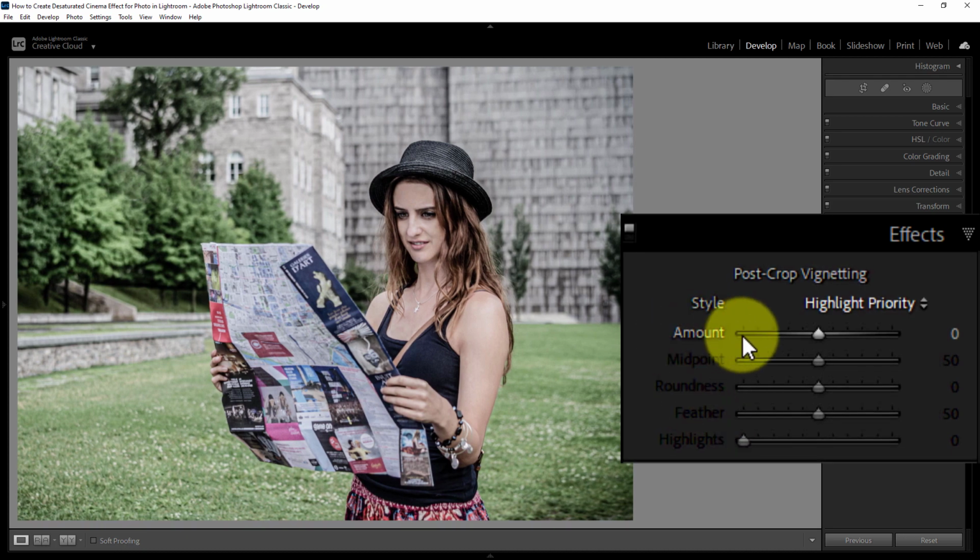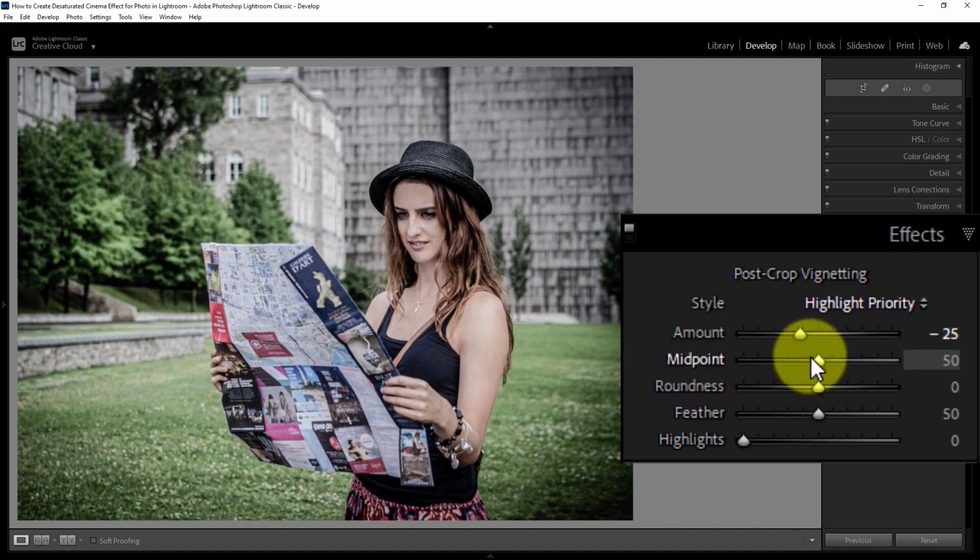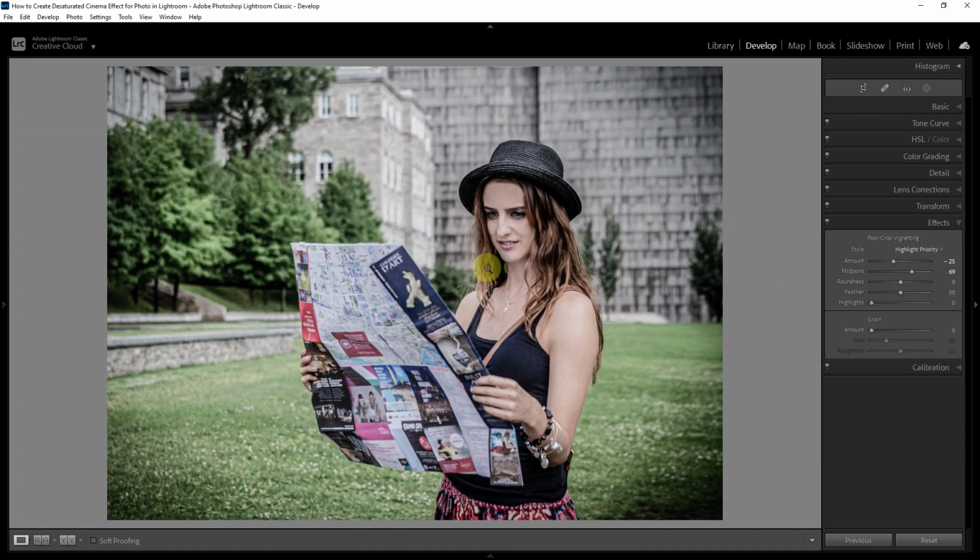Reduce the post crop vignetting amount to -25. Increase the midpoint to 69. Now your photo looks like